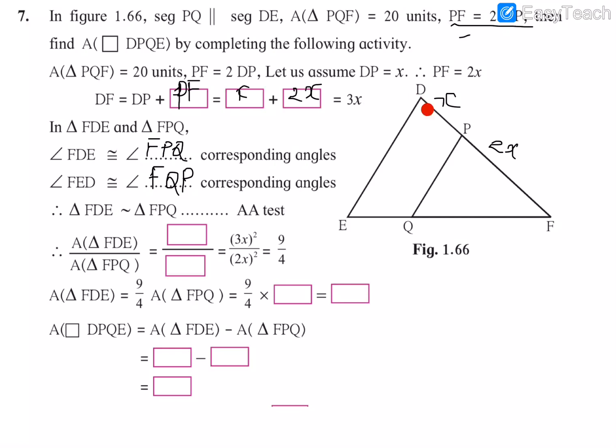So since we have only the values of this side, that is x and 2x, we can take this side of the two triangles. So FDE is the big triangle, this side is FD, so FD will be here, FD by the next triangle FPQ, the side corresponding to FD of this triangle is FP, so I am writing it here, FP.